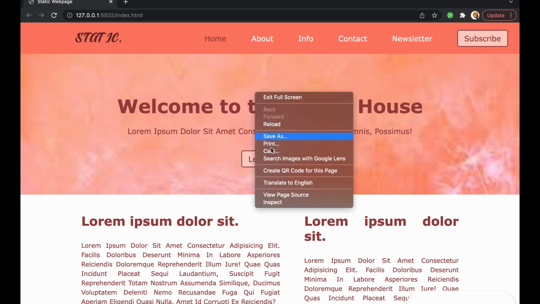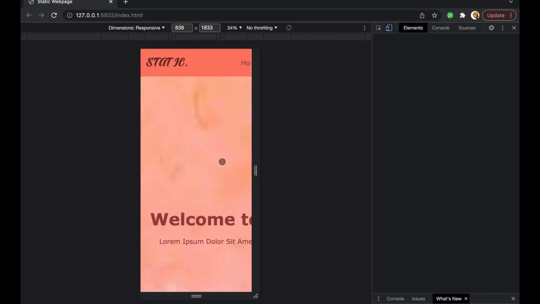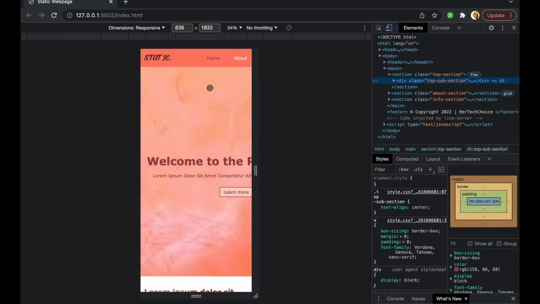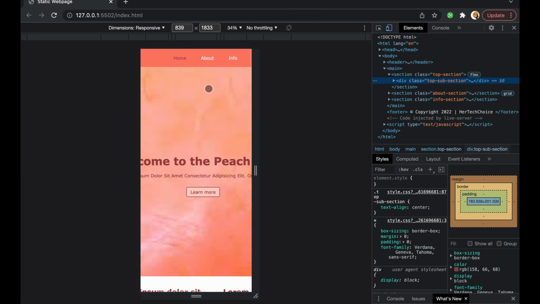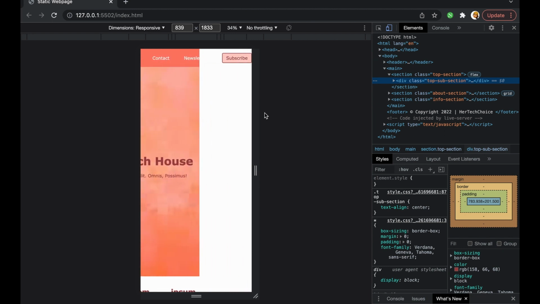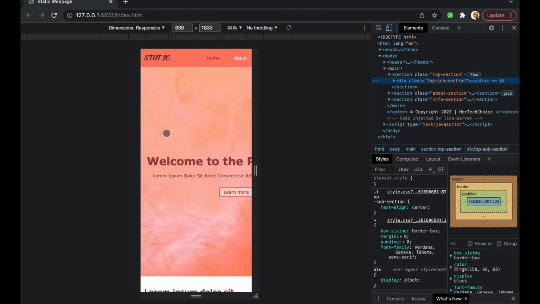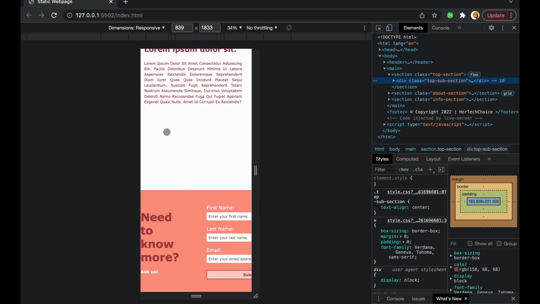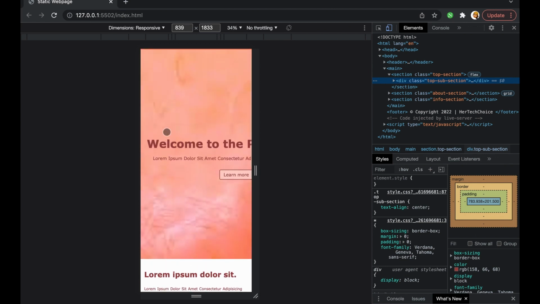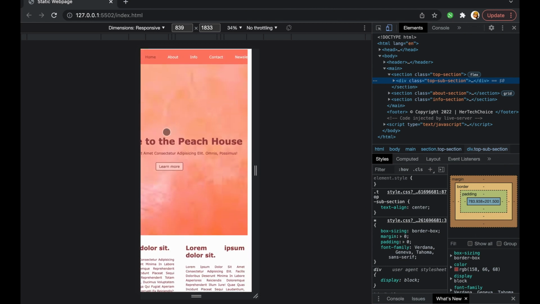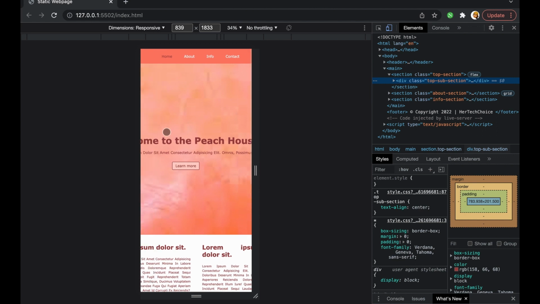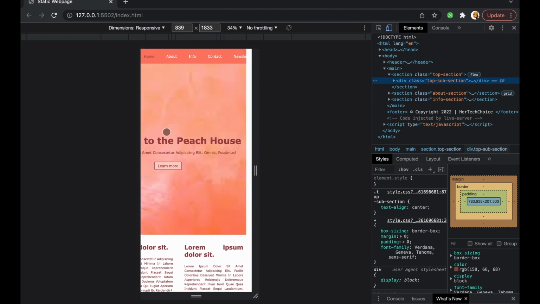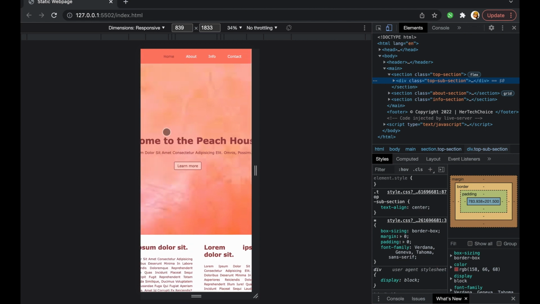If we inspect and check through some of the devices that we have in our Google Chrome, we'll notice that in some of the devices this website keeps breaking, and that's really bad for user experience. So we're going to use media queries. We're going to talk about how we can use media queries and breakpoints in CSS